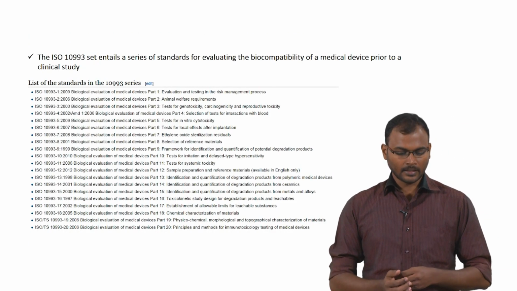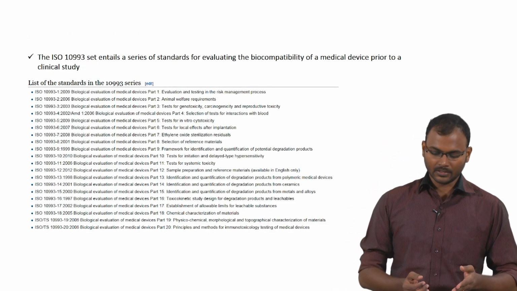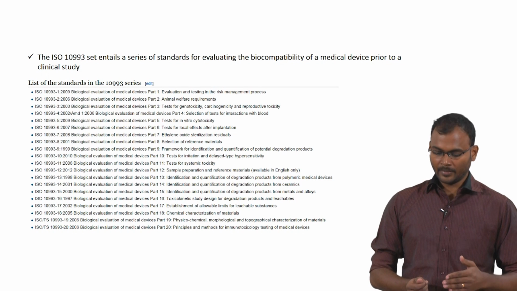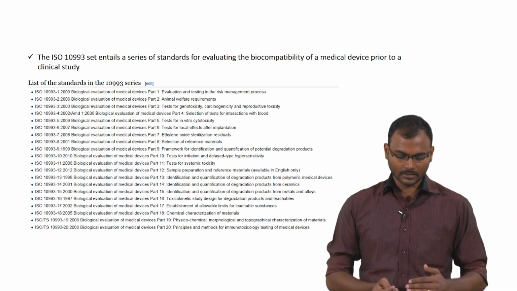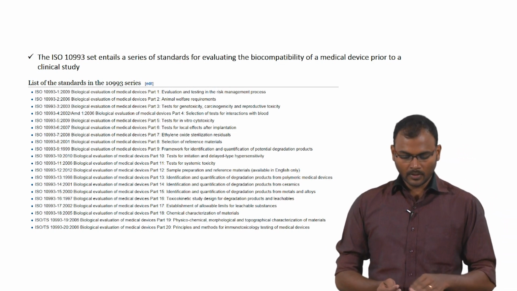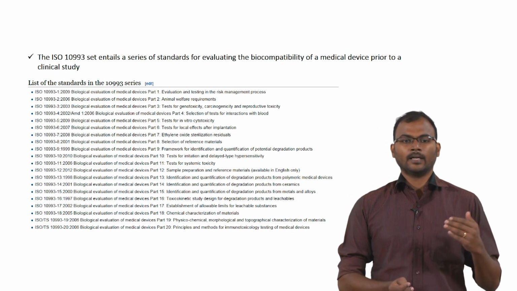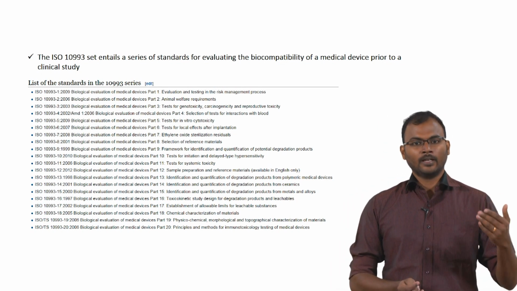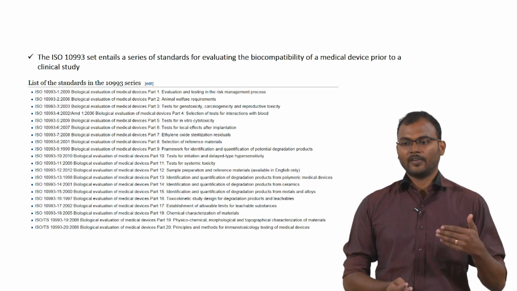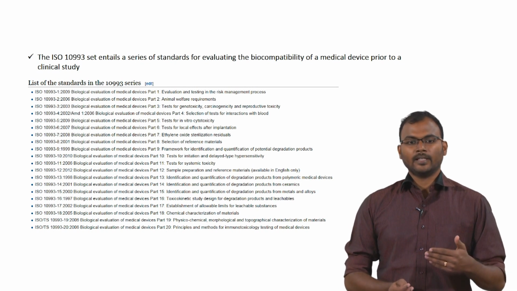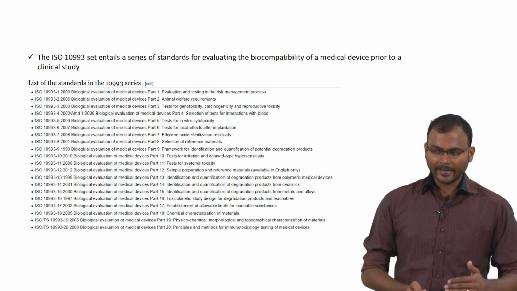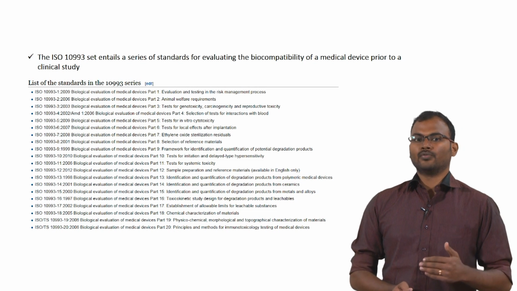So, these are the standards given by ISO. Each of the standards has a different set of guidelines for different applications, such as 10993-5, which only involves in vitro cytotoxicity. For the toxicity experiments I have mentioned, it will give you clear guidelines on how to proceed if your material is a flat surface, and how to proceed if your material is a scaffold or hydrogel. Each of these standards will give you the parameters you have to follow